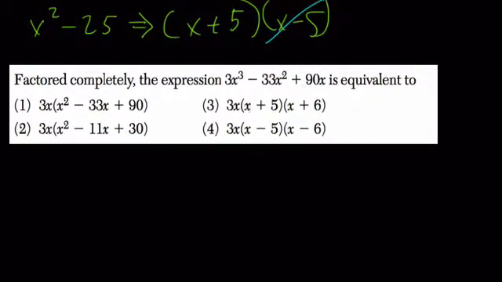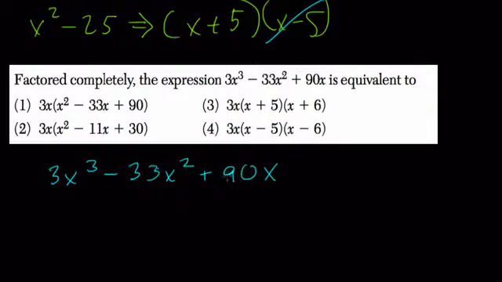Okay, we want to factor this completely. That just means, factor, but usually when you get something nasty like this, and it starts in a higher exponent than 2, because this is our beginner problems, we want to factor out enough to get this reduced down to x squared. So if it's at x to the third, a common factor should be x or x squared. So here we're going to pull out x out of all of these, and the 3, because 3 is the common factor between 3, 33, and 90. So you pull out 3x, and then if we had to redistribute, you can see that it should be x